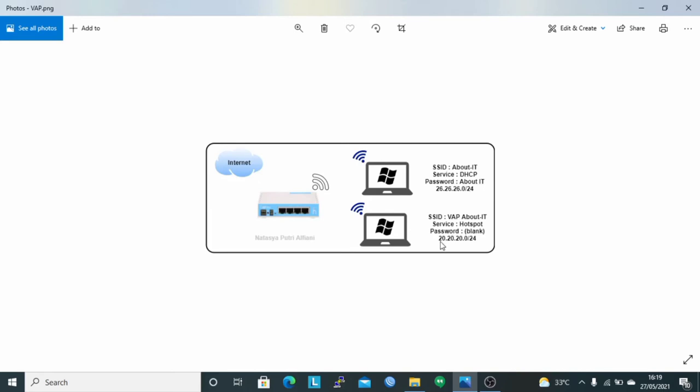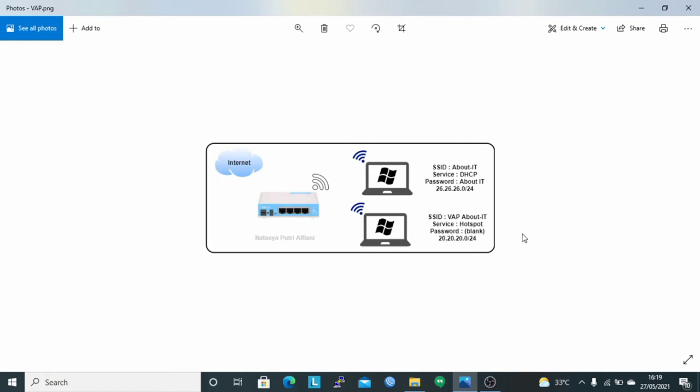And the second SSID uses a hotspot service, using the SSID VIP about strip IT and without a password, or the password is blank. Using the network 20.20.20.0/24, and make sure the server is connected to the internet.